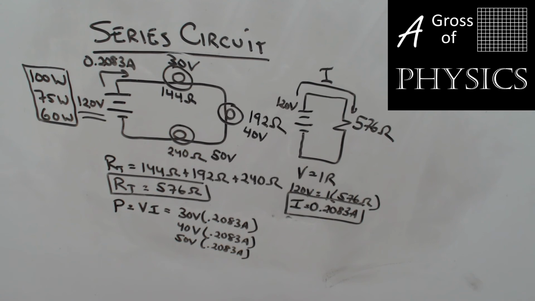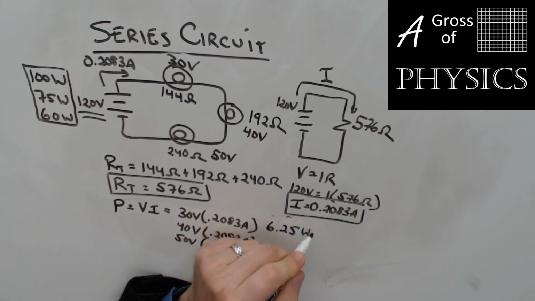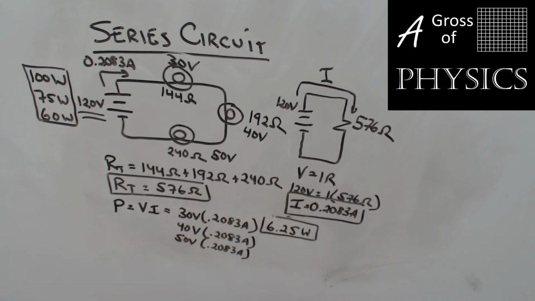So 30 times 0.2083 is 6.25, and that's watts. 40 times 0.2083 is 8.33 watts. And 50 times 0.20833 is